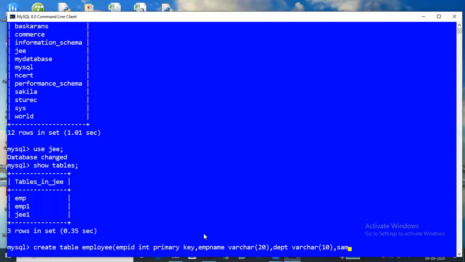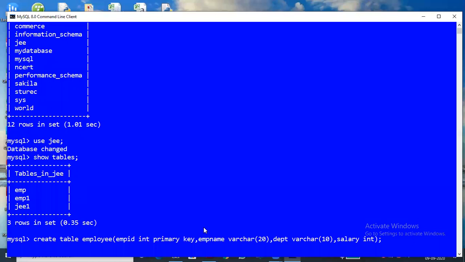Then salary. In varchar, do we put any limit? It will take memory according to the limit we write. Varchar can have up to 65,000 characters. We discussed that in the seventh chapter, RDBMS, where we covered data types, and the difference between varchar and character. We can allow 65,000 characters, but we have to mention the length; it is mandatory.